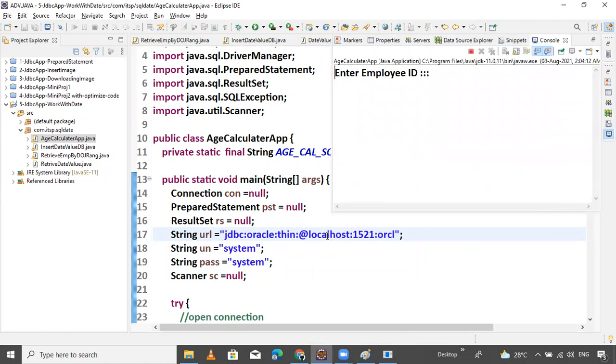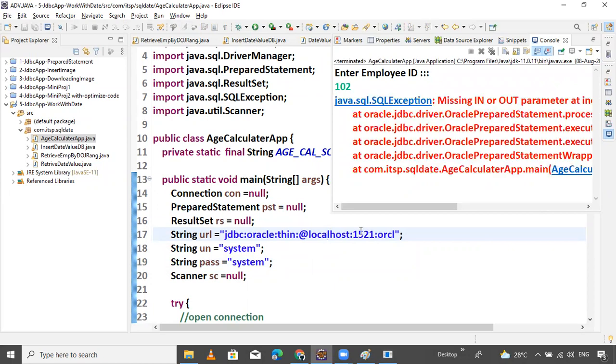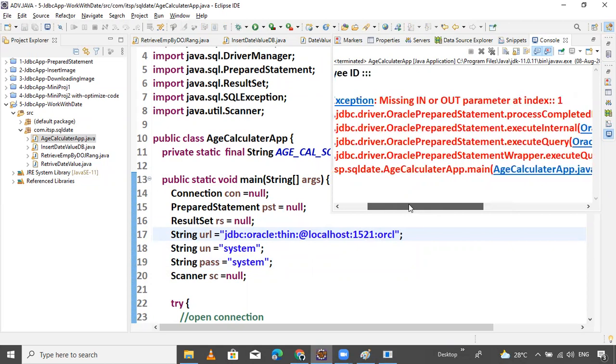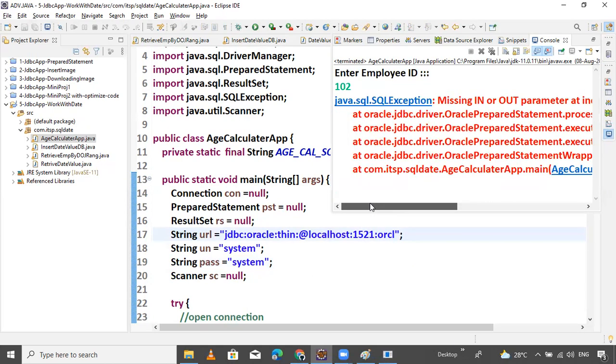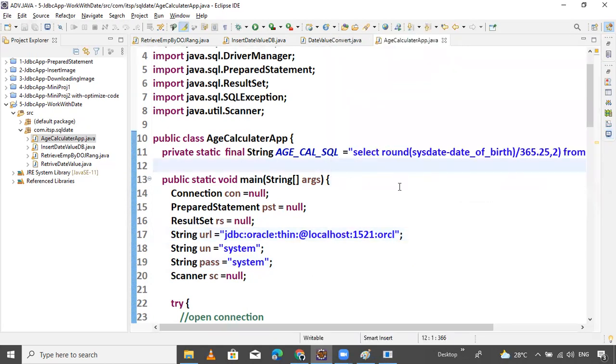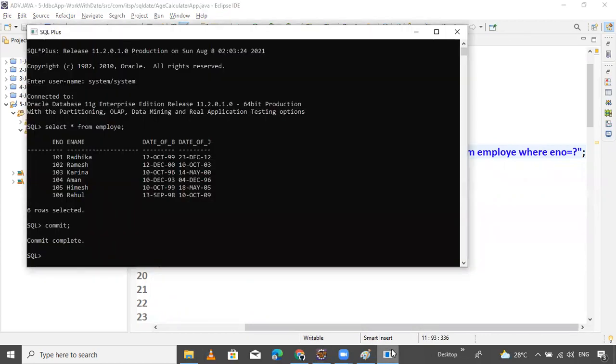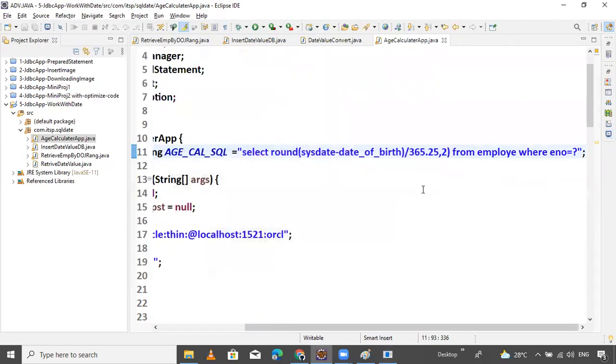Now I enter the person ID. Let's check it out. One, not two. Missing in out parameter, index one. Where will we get the error? Let's see it now. This one is parameter which one, two. I think so. Date out.